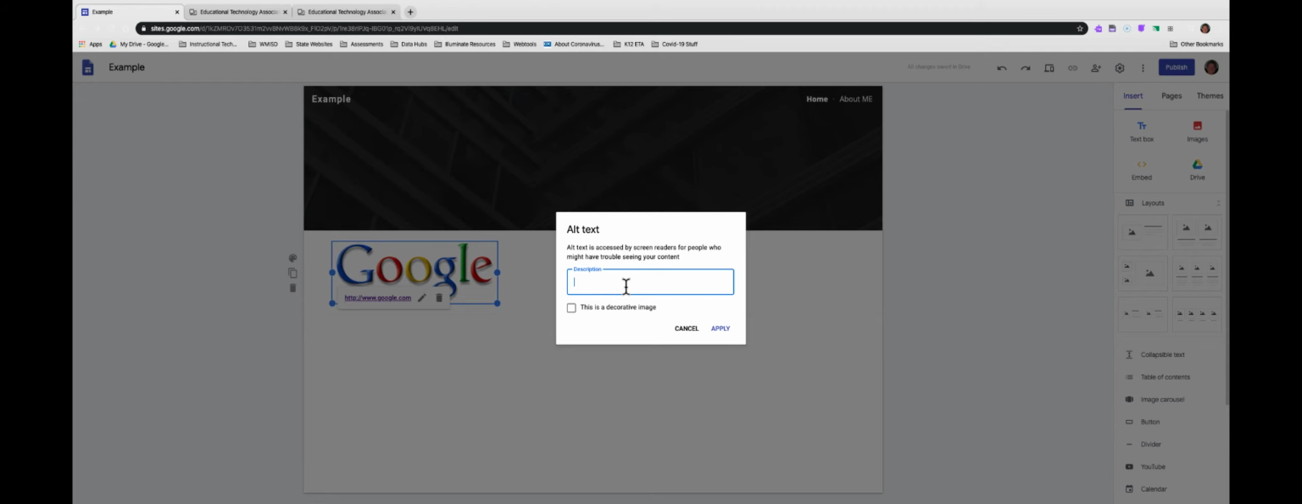So some people use a tool called a screen reader that will read everything on their screen. As they come across images, if you do not put alt text on, it'll skip it. This is really difficult for people who are visually impaired. So by adding an alt text that says something like image of Google linked to google.com,